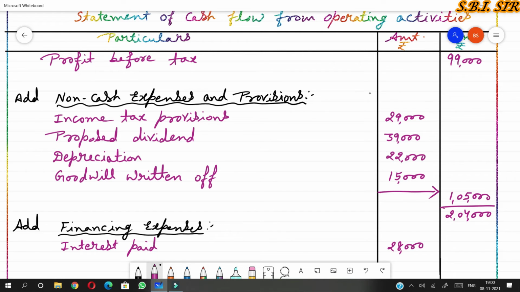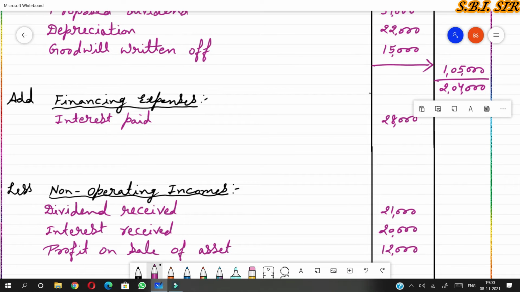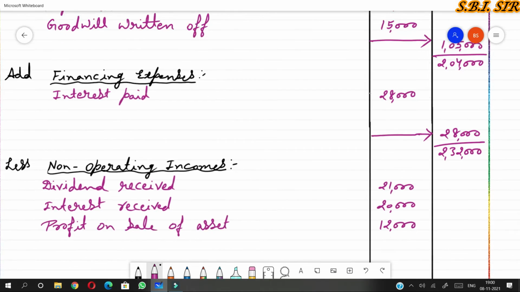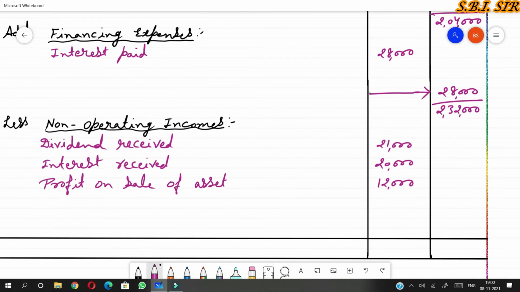Then here only one amount is there, 28,000. 2,04,000 plus 28,000, 2,32,000. Then we will deduct the total of non-operating incomes, 21,000 plus 20,000 plus 12,000,